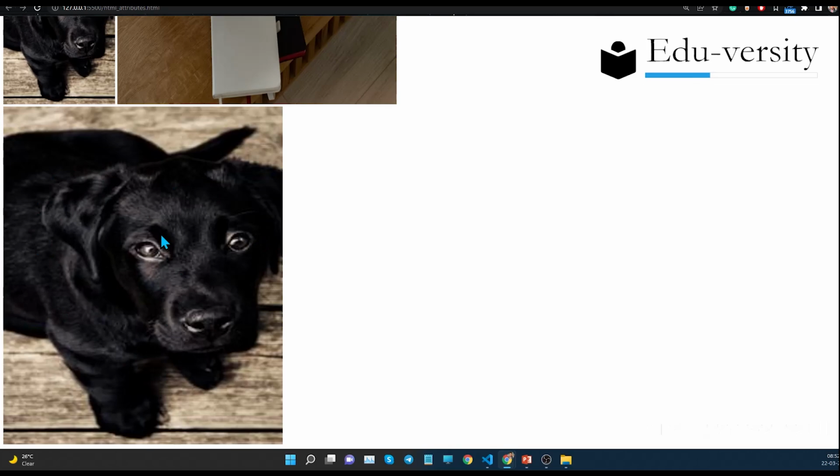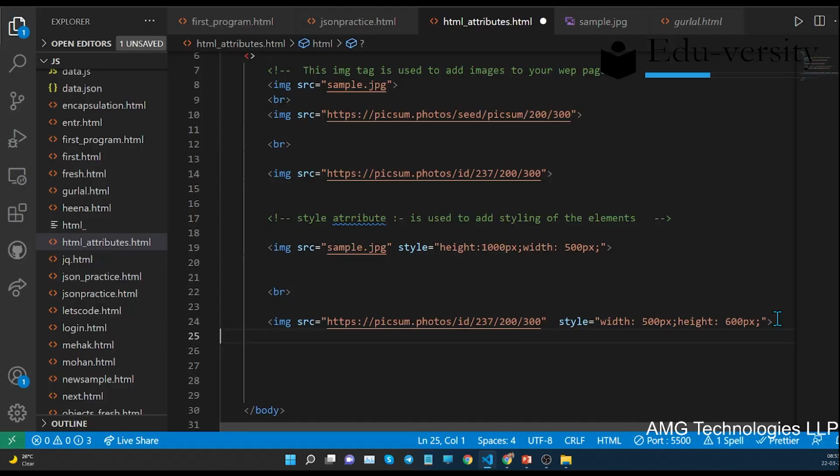This is how we can use the style attribute to change the dimensions, the size, the style, basically the design of the element in the document. Now let's discuss some more examples of these attributes. So I have written an h1 tag over here, to which I have added simple text, hello world,